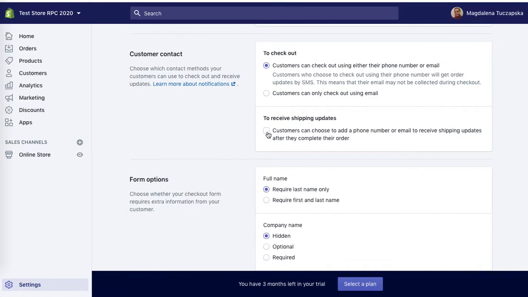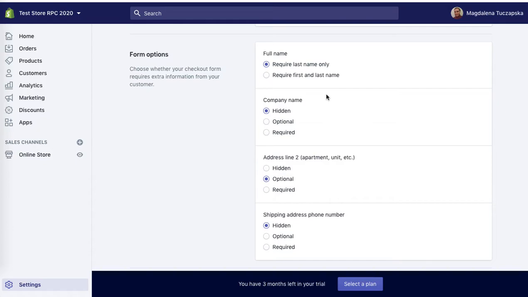You can tick whether customers can receive shipping updates via their phone number. So for example, if you work with a courier that sends updates on when the parcel will be delivered, this is really useful, so you can tick it here. Now, during the checkout, you can specify whether customers need to put their first and last name